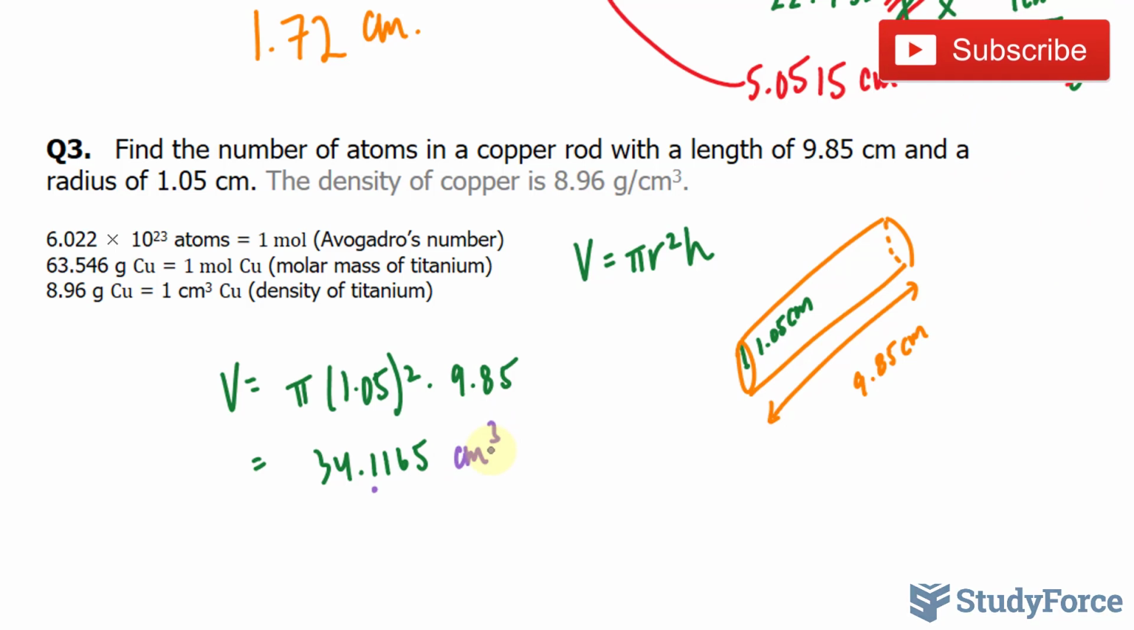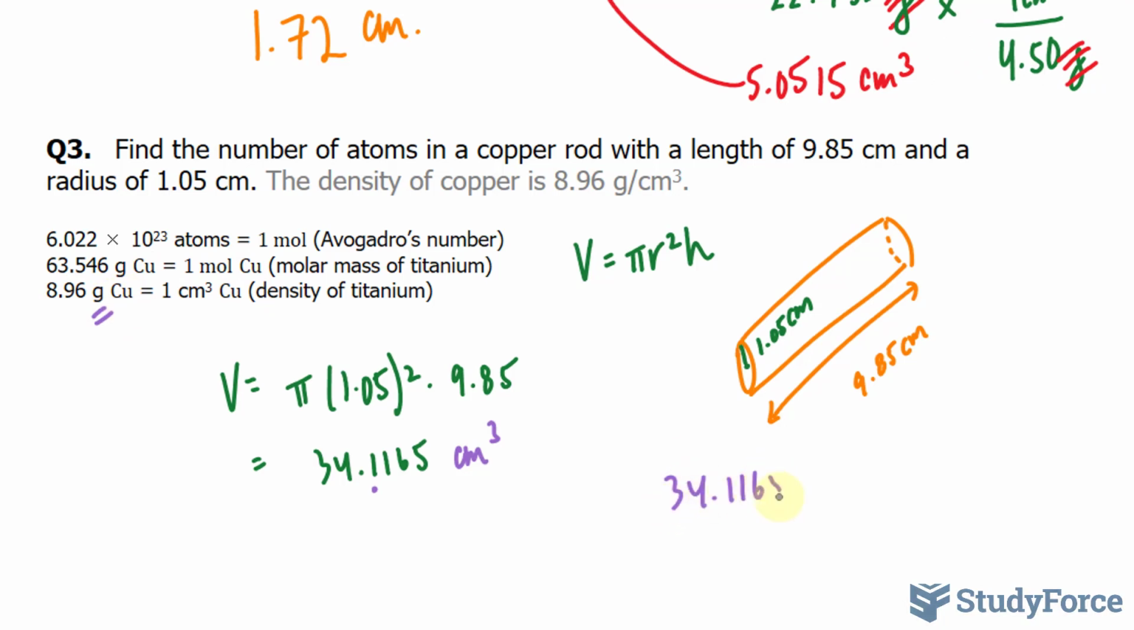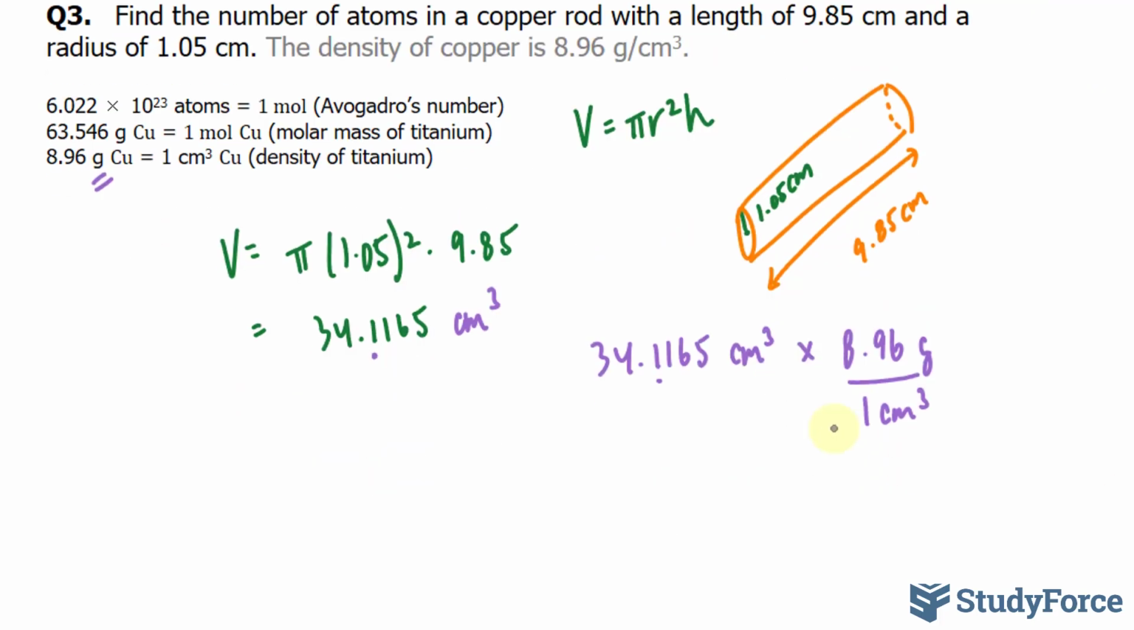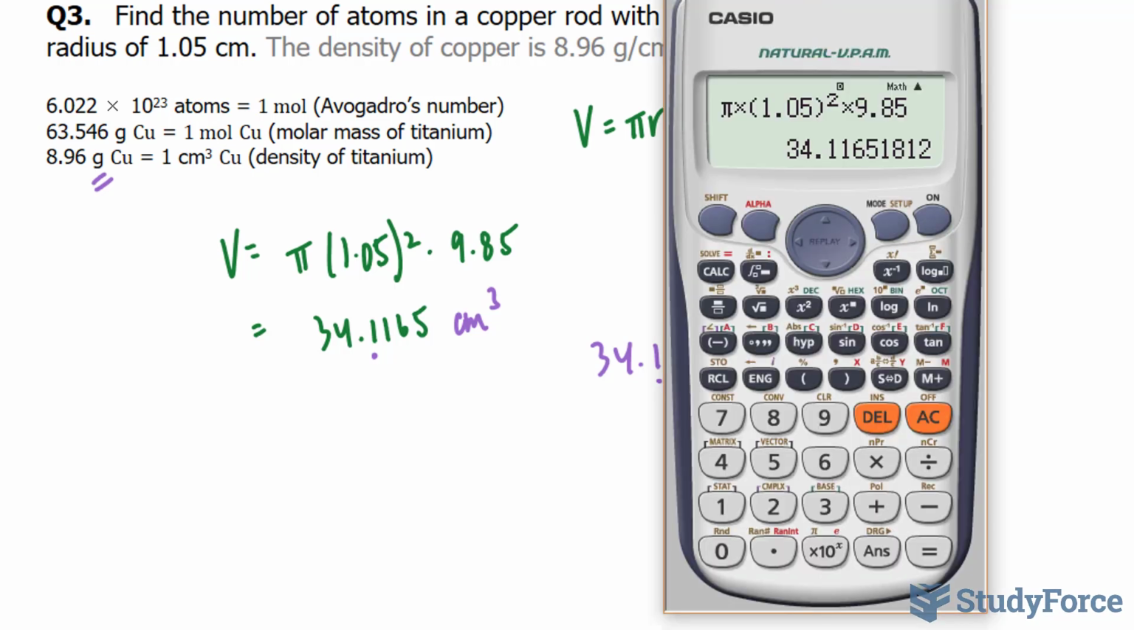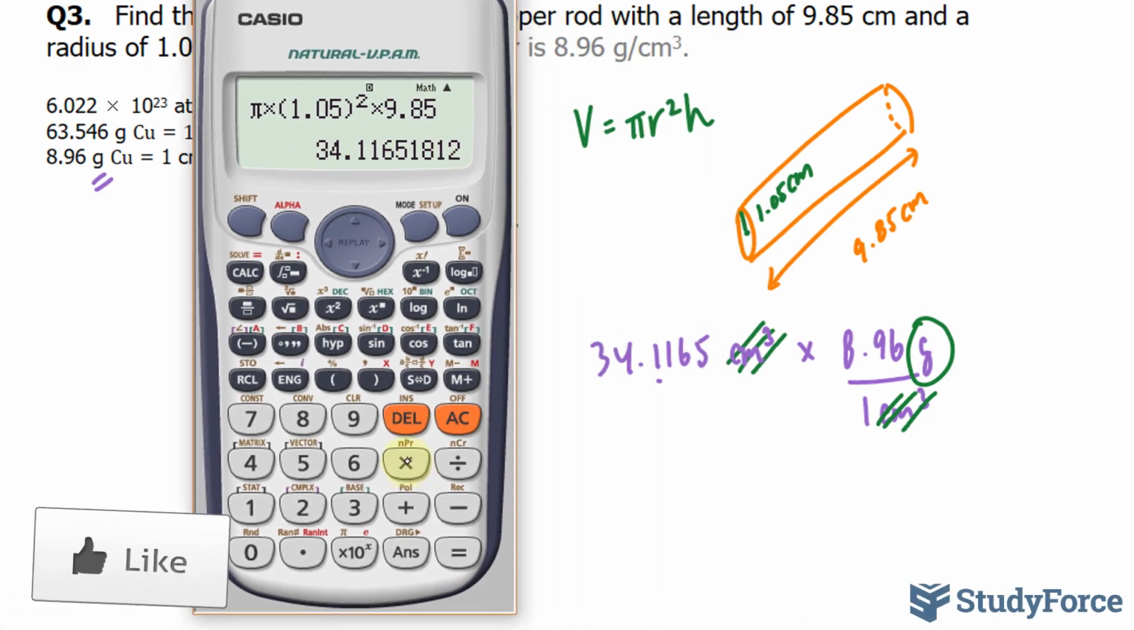Now that I found my volume, I can use this relationship to find out the number of grams. I'll take my volume, 34.1165, and multiply it by 8.96 grams per every 1 centimeter cubed. I've also gone ahead and placed the units here. They're important because we want to keep track of the units canceling out. The centimeters cubed here and the centimeters cubed here will cancel out, giving us the mass. Let's go ahead and multiply these numbers. We'll take this number and multiply it by